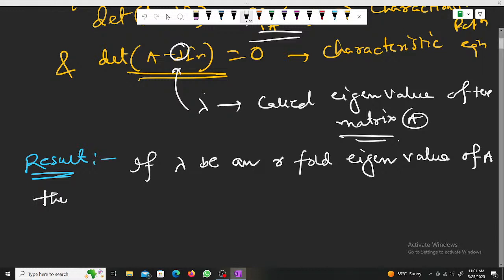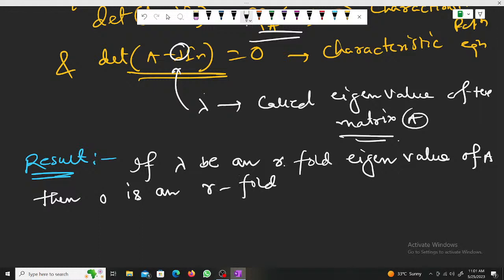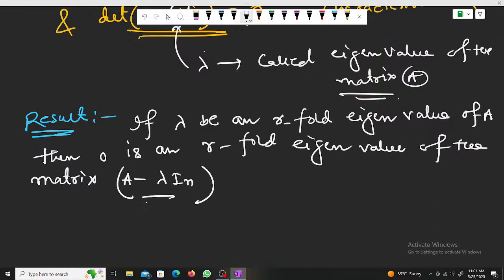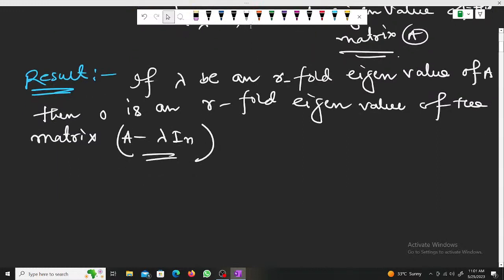then 0 is an r-fold eigenvalue of the matrix A minus lambda In. এই রেজাল্টটা আমরা প্রিভিয়াস লেকচারে আমরা ডিসকাস করেছিলাম। যা প্রুফটা জাস্ট আমি একটু রিকল করি যে প্রুফটা কি ছিল। খুব ইজি প্রুফ